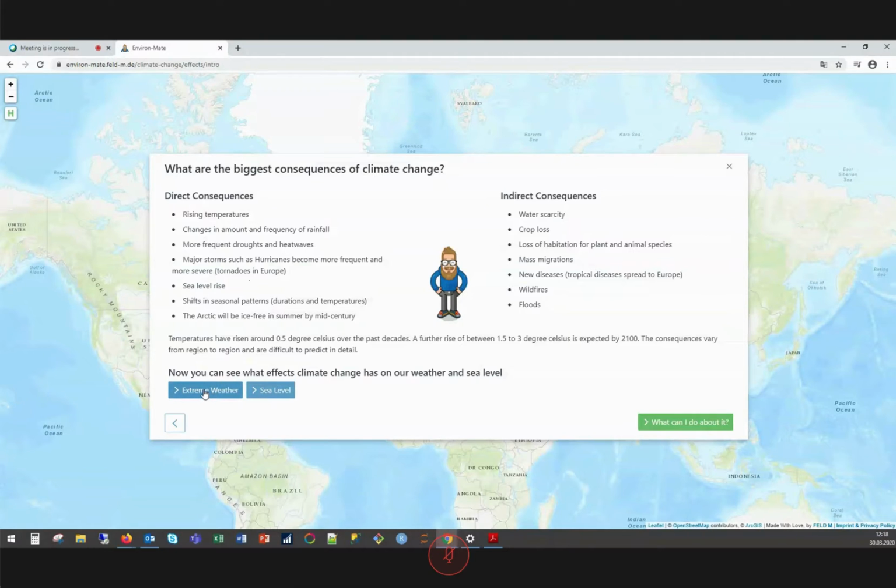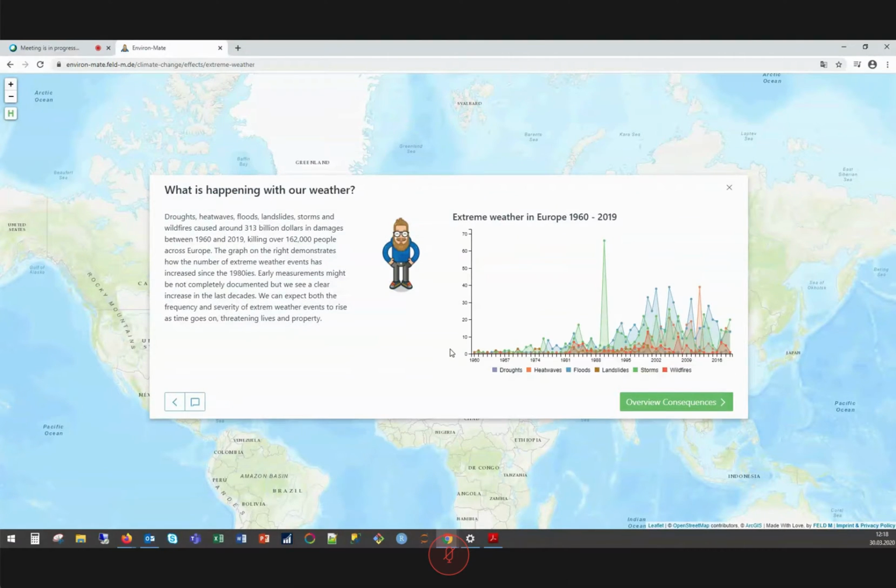The first one is extreme weather. So here, this analysis shows the occurrence of extreme weather events like droughts or heat waves, floods, landslides, storms, and wildfires in Europe in the period from 1990 to 2019. And we see that this graph shows that the frequency of different extreme weather events is increasing.